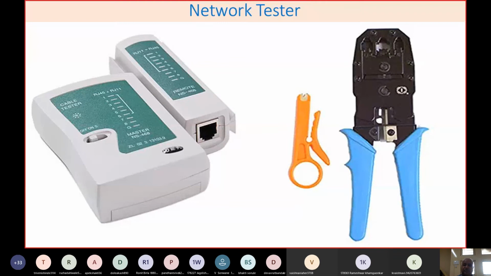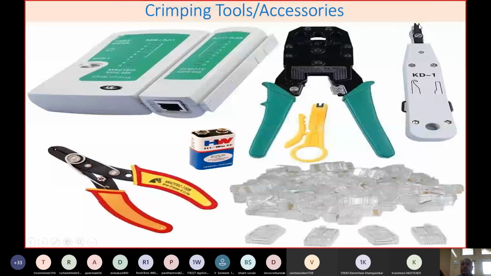Then the next one: as I said, this tool is used for crimping the wires, and it is a very good tool. Using these sockets, you can push or insert the single wire into the RJ45 sockets. Whatever white pins are there, this point can be pressed using either this device or mostly this device. By using this particular tool, you can press that particular wire firmly into the space of your RJ45 socket, so that the wire will be firmly fixed, firmly crimped. Once it is done, for years together there will not be any problem.